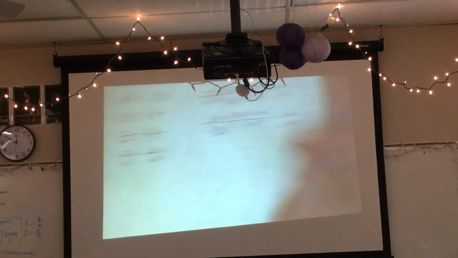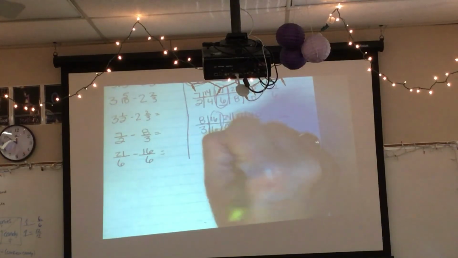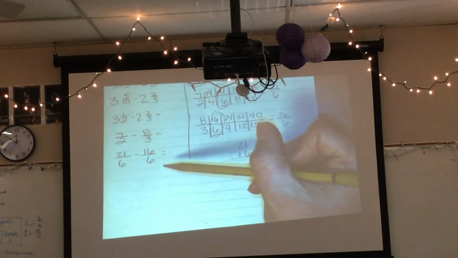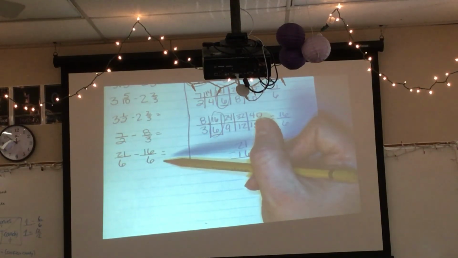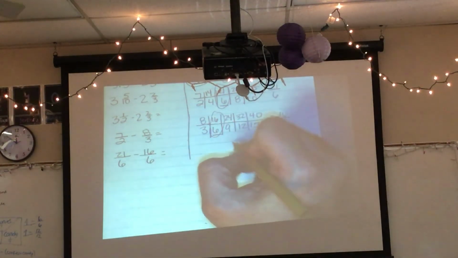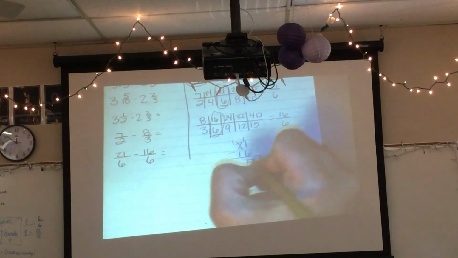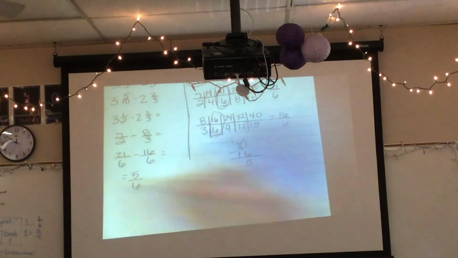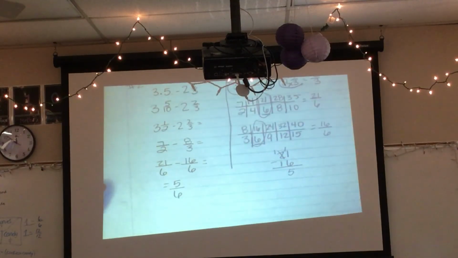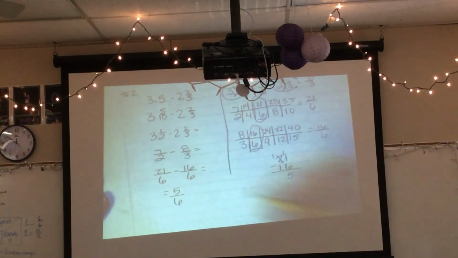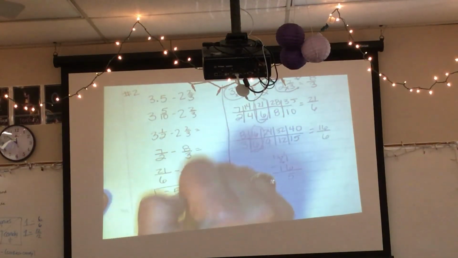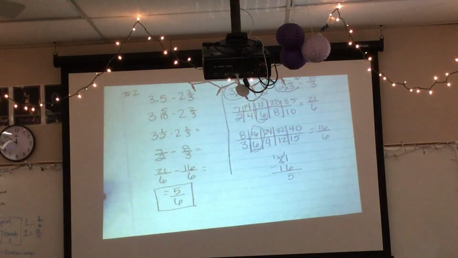Okay, I'm coming over here to do 21 minus 16. Can I do that problem now? Yes. Why? Because you have the common denominator. I have a common denominator. So this gives me 5/6. Do I need to make that into a mixed number? No, because it's not improper. So, 3 and 5/10 minus 2 and 2/3 is